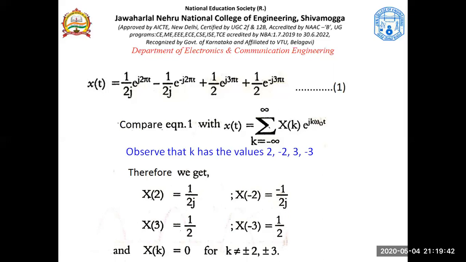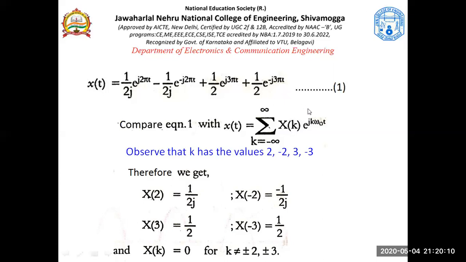Get that point? So how that omega naught was helpful is because if this is, say, pi is there, pi by 2 is there, suppose 3 pi by 2 is there. What is k then? 3 by 2 is k. 3 pi by 2 is there means 3 by 2 is k because omega naught is pi.